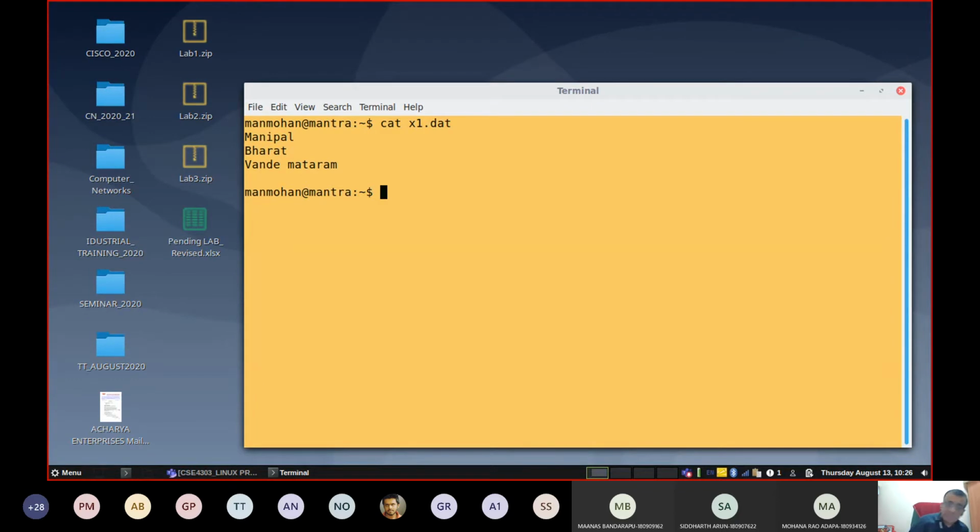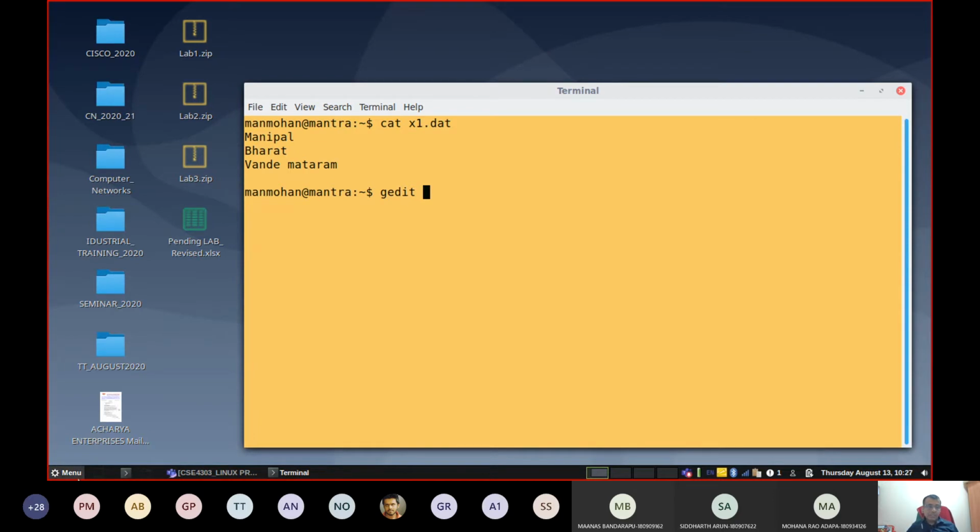Sometimes beginners may find gedit comfortable. Then you can do it also, no problem. Type gedit and the name of the file. Press enter key. Then you can type something there. Then save it, close it. Then again you can come back to the terminal. This is how gedit can be used from the command line.